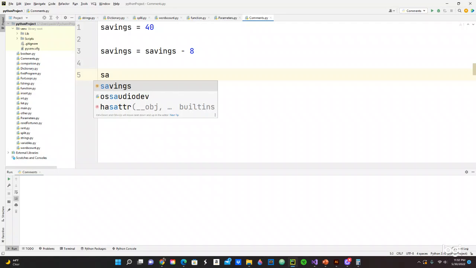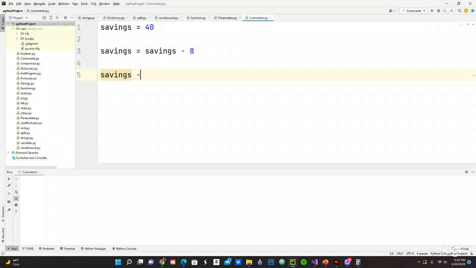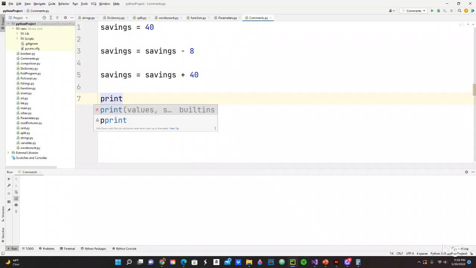Then I sold my Dogecoin for $40. Can you believe that? I spent $8 on Dogecoin, then I made a profit selling it for $40, something like that. But now, if I print this, savings,